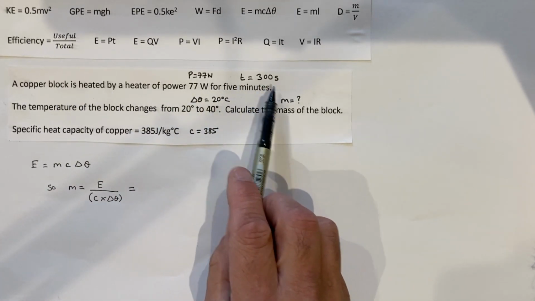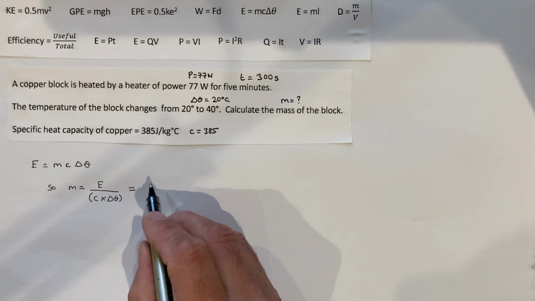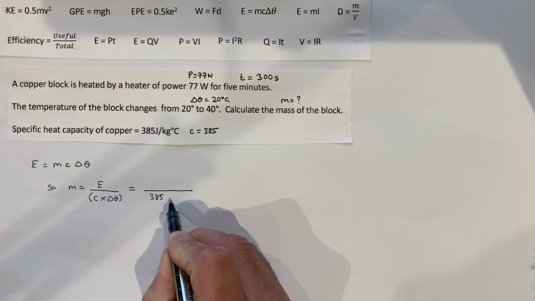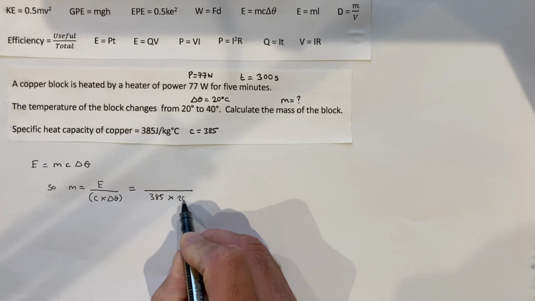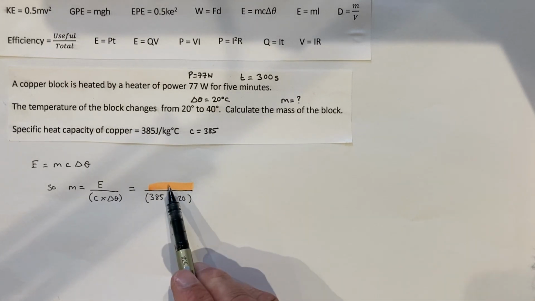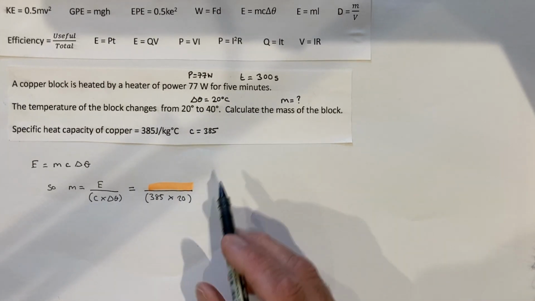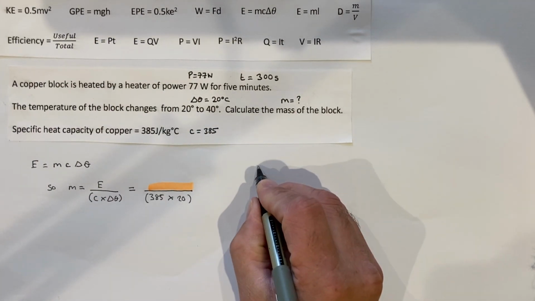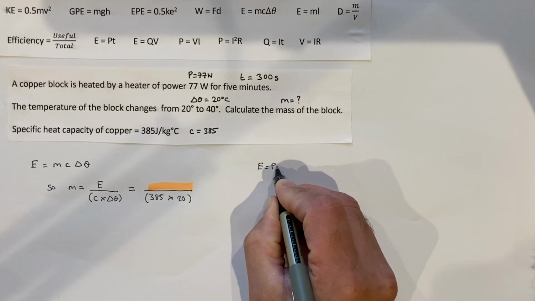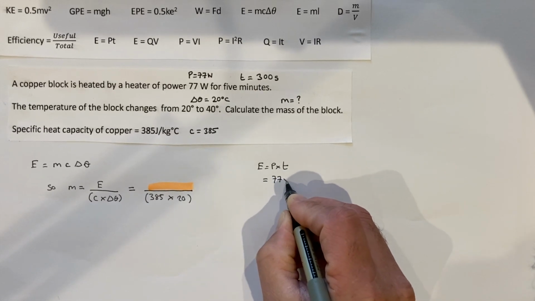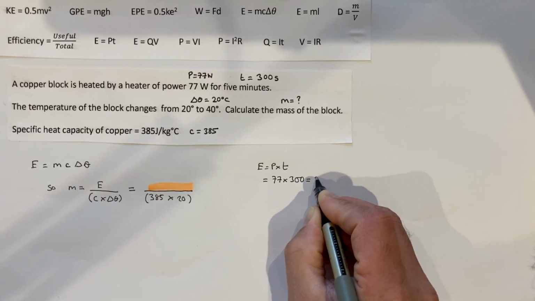So do I know the energy? The answer is no, so I'm going to leave that blank. But I do know the specific heat capacity, and I do know the temperature rise of 20 degrees. So what I need to do is work out the energy. There must be something here where I can work out the energy. And again, remember the key equation: energy is power times time. So I'm going to write somewhere else, energy is power times time. And of course the power is 77 watts, the time is 300 seconds, and that gives me